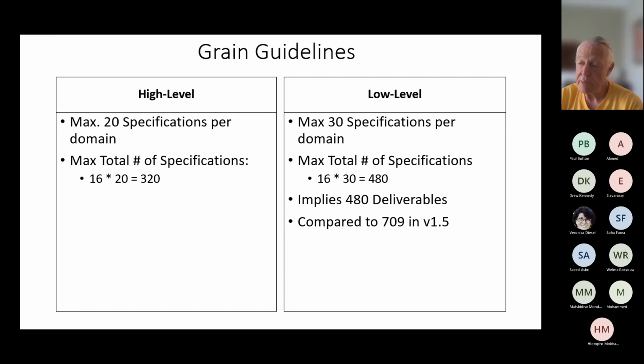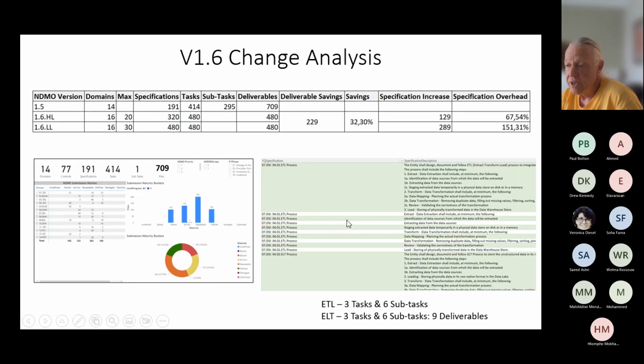Here are some numbers that I've been playing around with: what would the total number of specifications be? That would go up to 480 deliverables, but then I reduce my number of deliverables within that scenario. So if, let's say, a new 1.6 comes out, I've got a high-level deliverable and a low-level deliverable.